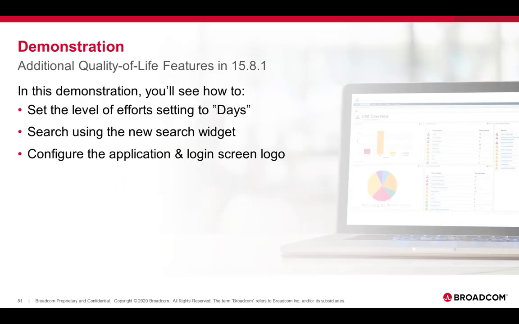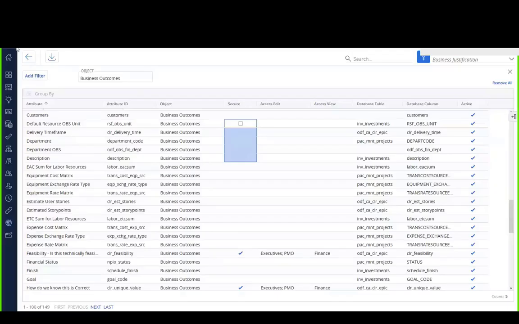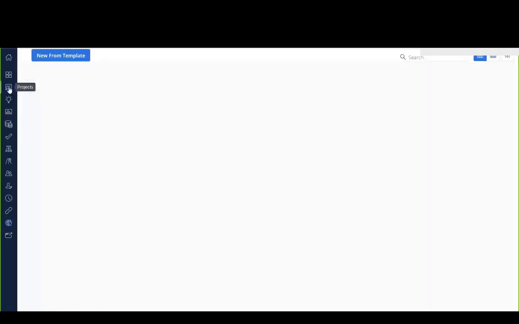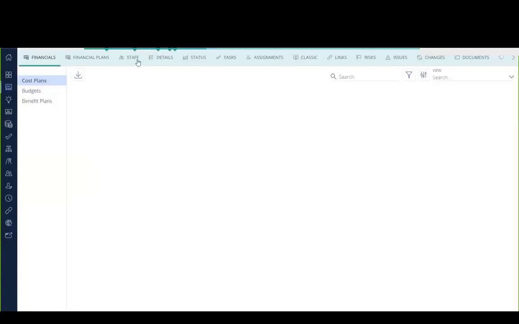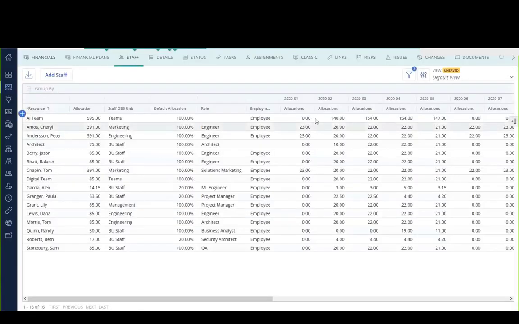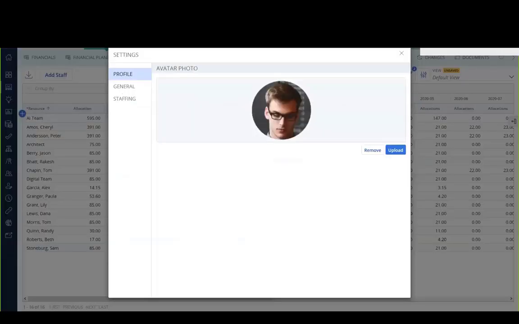Now we'll go ahead and show you all of what we just talked about. All right. So if we come on back to our projects and take a look here, we can go ahead and drill into a project, and we're going to go to the staff page because I want to be able to see my allocations. So in this case, I believe I'm actually already looking at days, but to get to that setting,